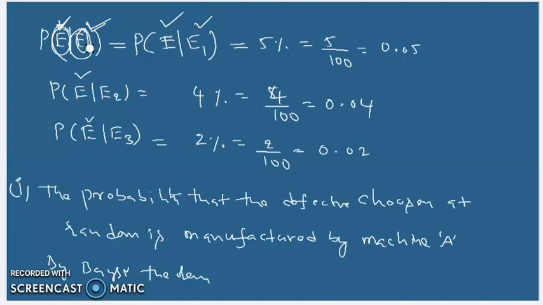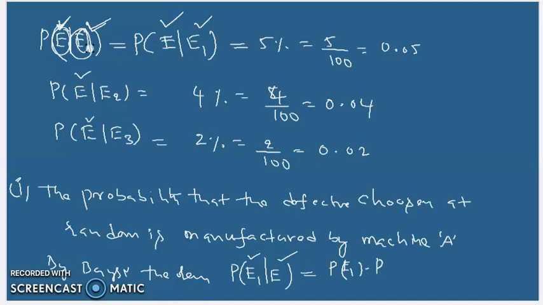we are going to write P of E1 by E. What is the meaning of P of E1 by E? Probability of the bolts manufactured by machine A when it is given that the chosen bolt is defective. Okay, this is the probability we are going to find in the first problem. That is equals to, by using Bayes theorem, it is represented as P of E1